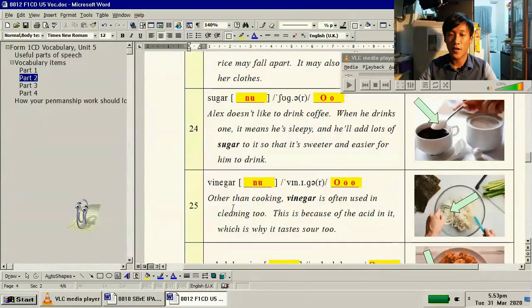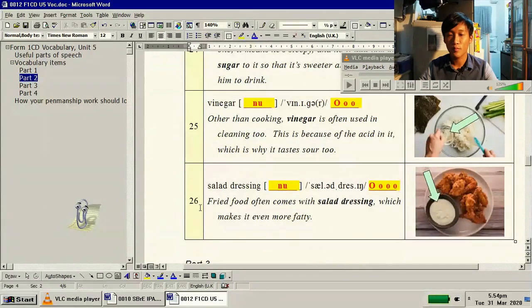25. Vinegar. Other than cooking, vinegar is often used in cleaning too. This is because of the acid in it, which is why it tastes sour too. 26. Salad dressing. Fried food often comes with salad dressing, which makes it even more fatty. Okay,